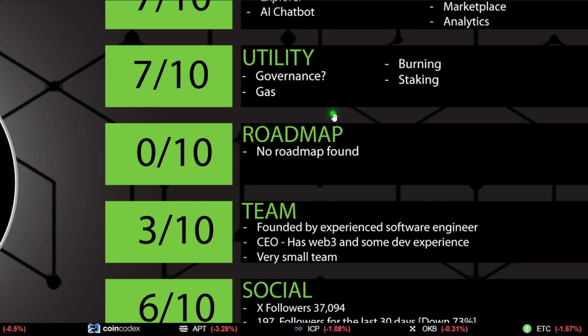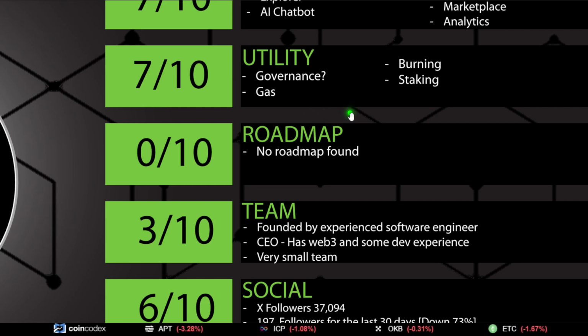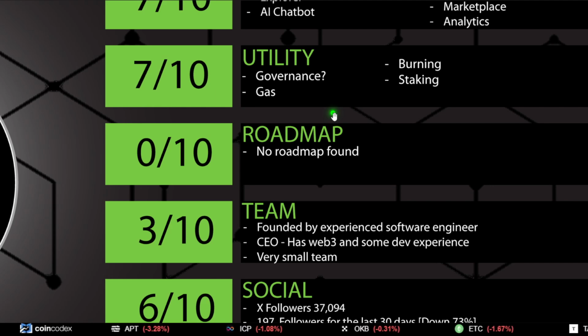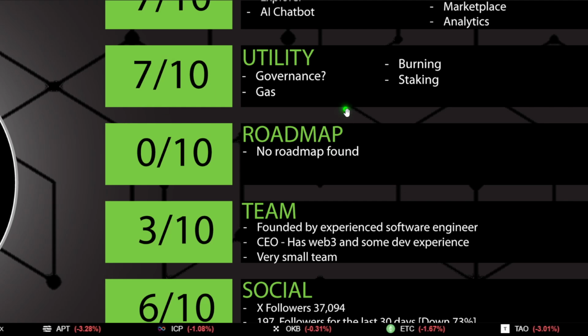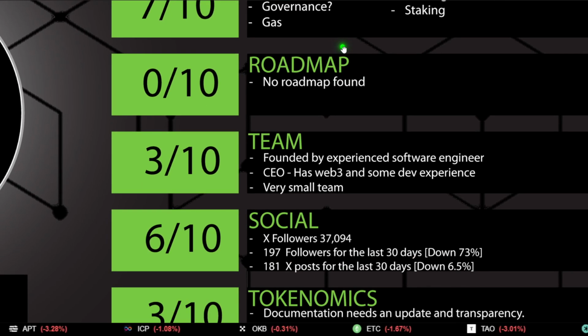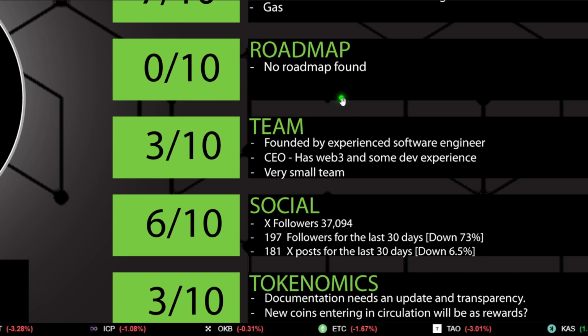That for me is a bit of a problem, but it's a small amount anyway. And governance from a DAO perspective would be cool. So I'm like, okay, maybe a 7. Again, you can definitely rank it on your own and what you feel. Use the details to do your own thing.